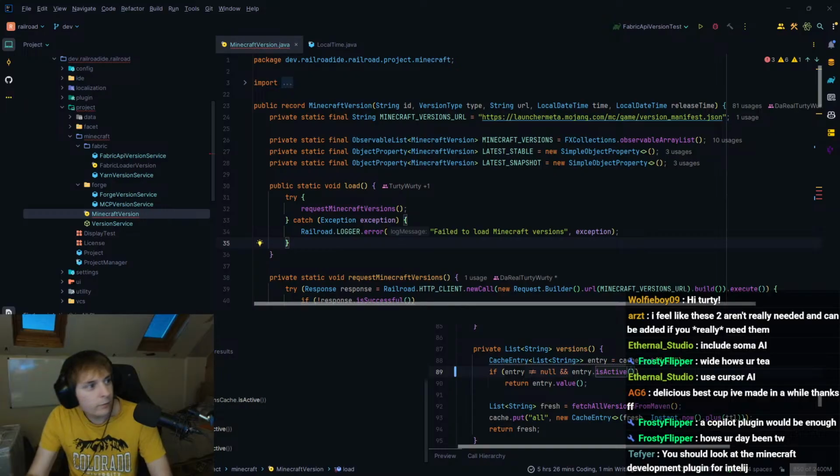I did half an hour on Industria. I did 3.5 hours on TurtyBot. I did an hour and 20 minutes on a bulk emoji uploader for Discord. And then, yeah, 20 minutes so far on Railroad. That's pretty good, actually. I think I did about the same yesterday. How much did I do yesterday? I did 5 hours, 2 minutes, which was all on Industria, which is actually kind of even more crazy.